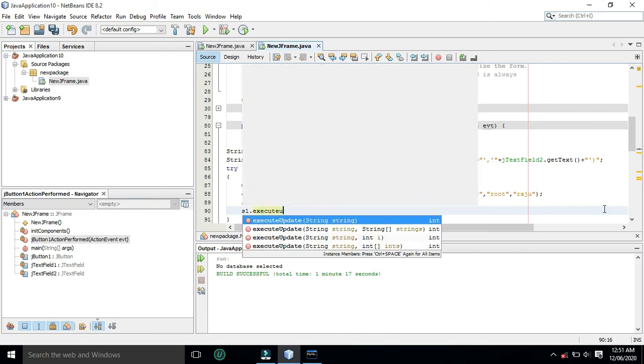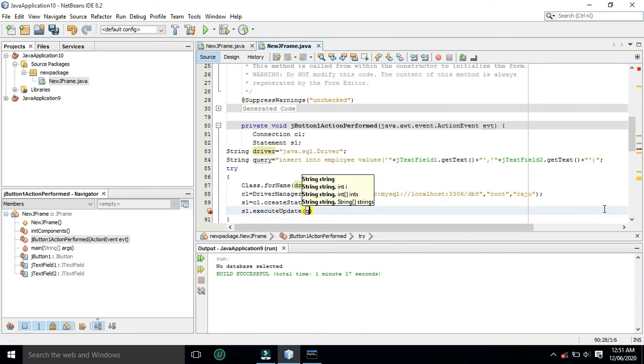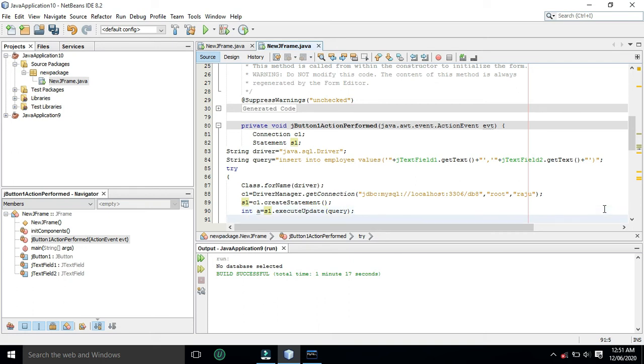We will also write int a equals s1.executeUpdate(query). It means the number of rows that will get updated using this query will be assigned to a. For example, using our example insert into employee, if 2 rows get inserted into employee table, then the value of a will be 2 because 2 rows will be affected.